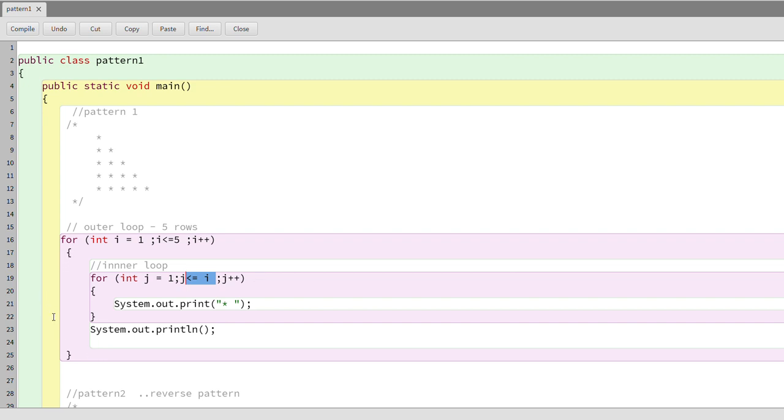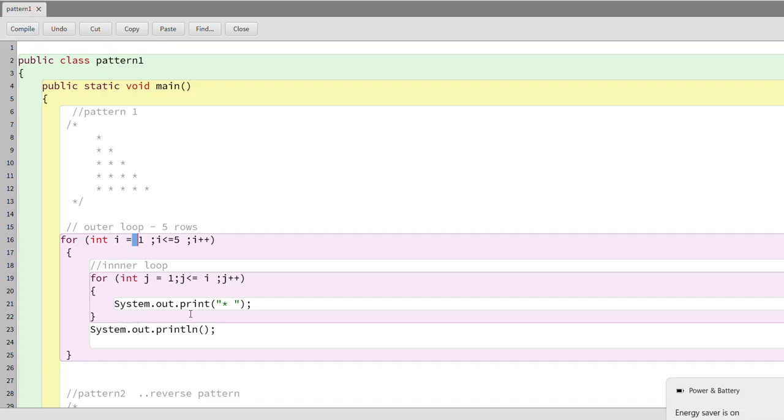So your outer loop will execute 5 times and you will get all these 5 rows, and inside each row you will print the number of stars, which depends on your row number, that is j less than or equal to i. As i goes on increasing, my number of stars will go on increasing each row.